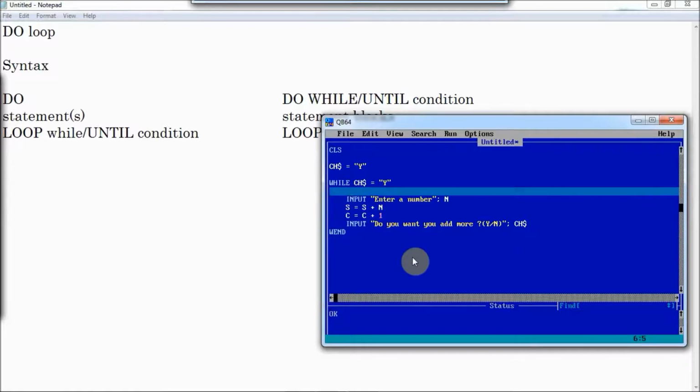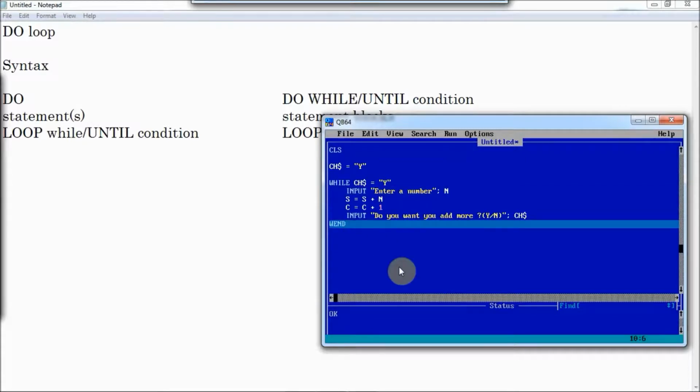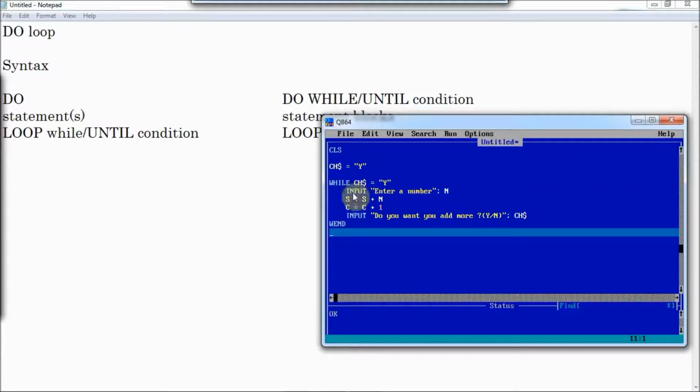I think you understand this program. Let me revise this one. Here initially the value of the string variable ch$ is y. This loop will run while the value of ch$ is y, when this condition is true. So initially you ask the user to enter any number. The value of that number is stored in the variable n, and it is added to the variable s to find the sum.